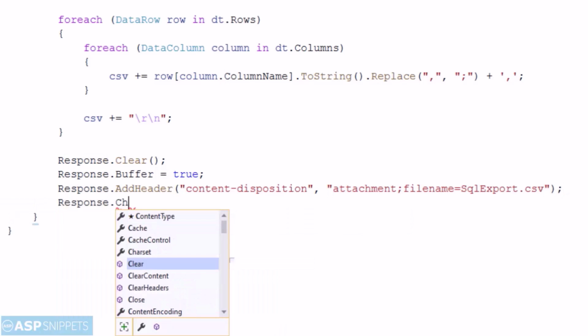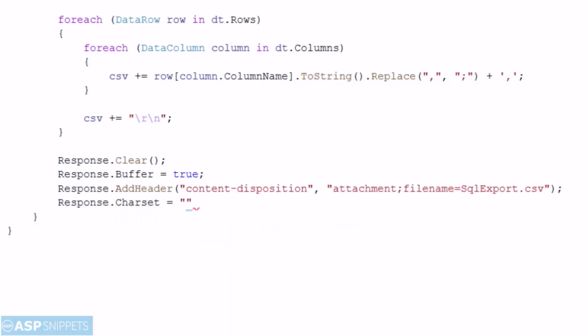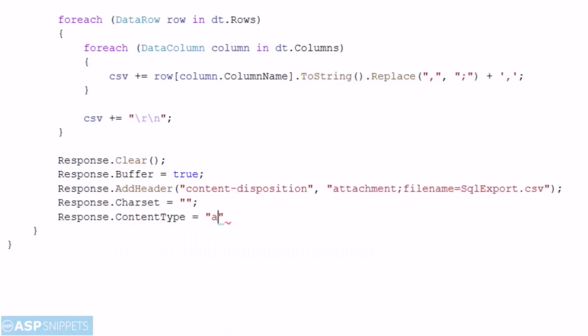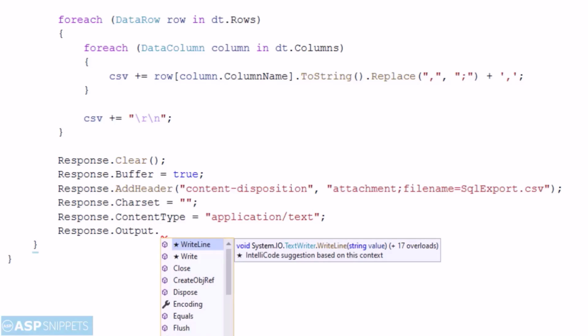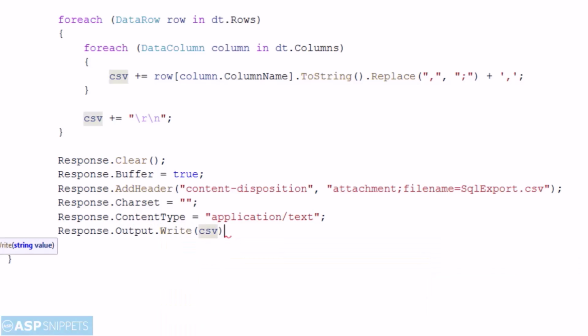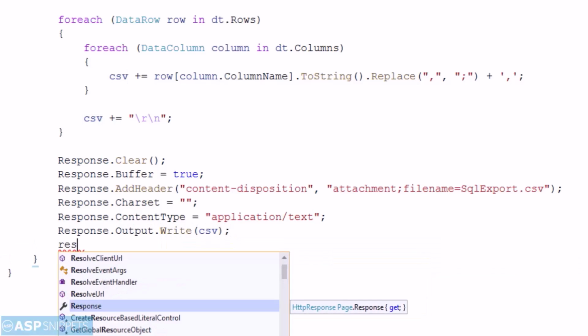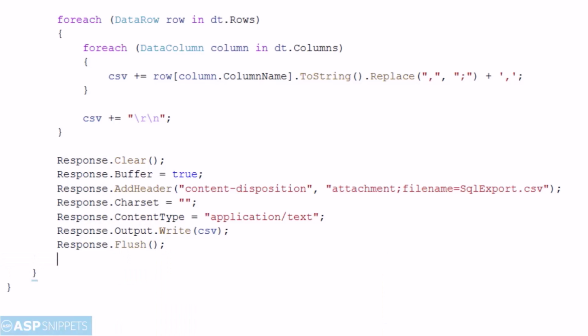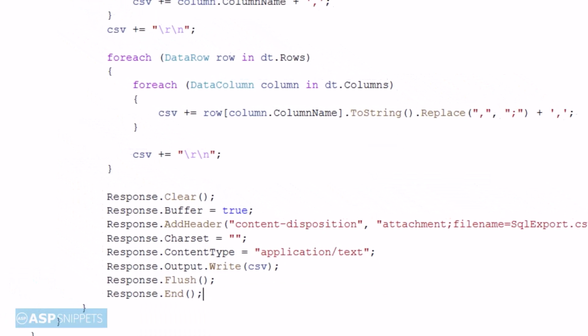Then I have set the Charset property of the response as blank. Next I am setting the ContentType property of the response class. It is used to notify the browser about the file type. Finally, the comma separated string is written to the response. And the Response.Flush function is called, and the response is ended. So with this we complete our